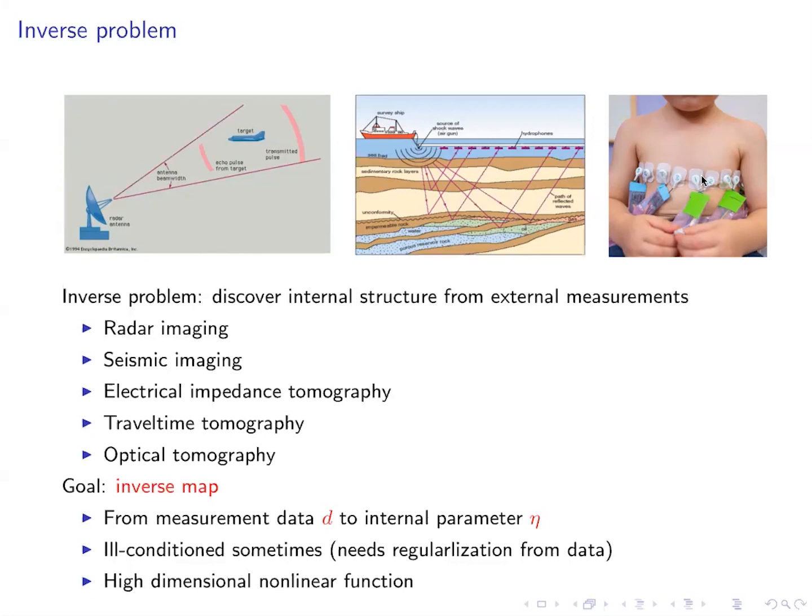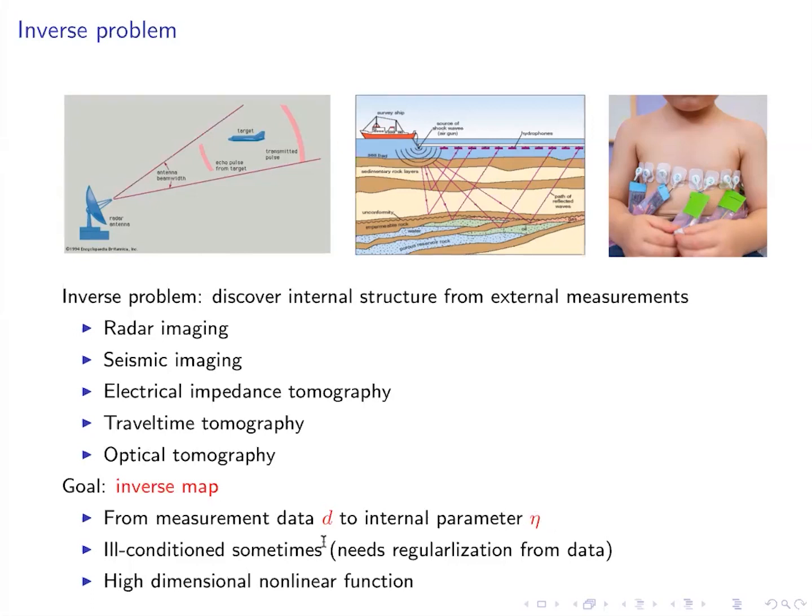On the right-hand side is an image of electrical impedance tomography. Obviously the goal here is to find a non-invasive way to detect abnormalities in a child's chest. Among all these applications, the goal is to find the so-called inverse map, which takes the boundary measurement data, which I denote by D here, and finds the internal parameter eta. Depending on different physics, you have different boundary data you collect, and depending on different applications,